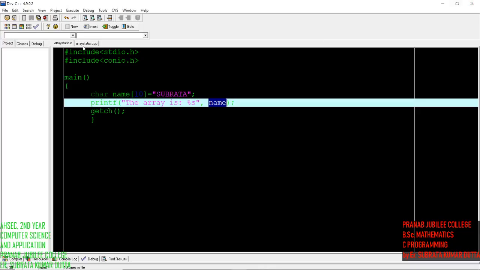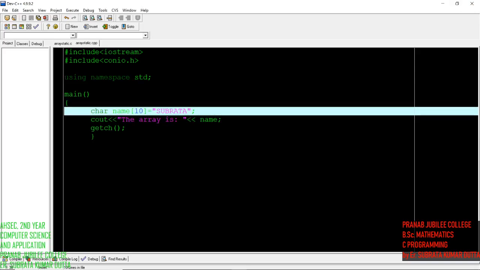Similarly for C++ programming, same thing: header files, using namespace std, then the same declaration.